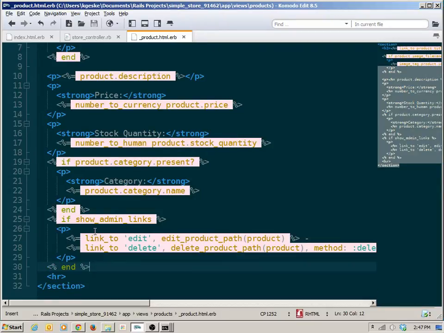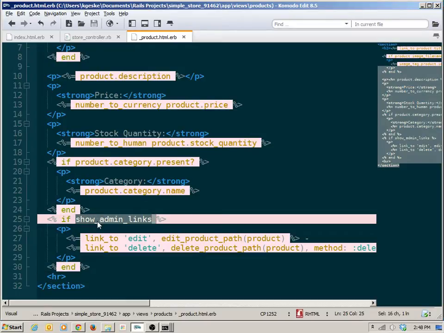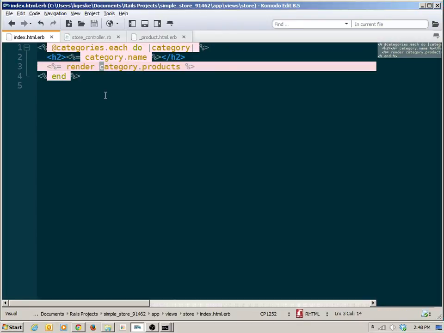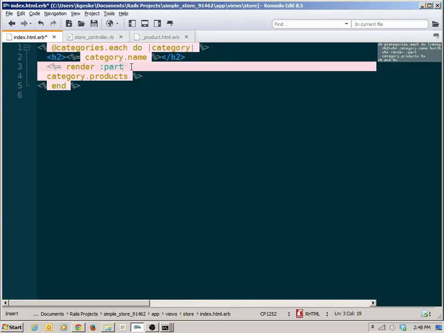Otherwise, don't. But how do I do that? How do I make this flag here, show admin links, available to me from the outside of the partial? Well, that's where the locals option comes in handy. But I'm no longer going to rely on this shortened form for dealing with my render. I'm going to have to be explicit about the render statement now. So I'm going to have to say render, put that on another line, render the partial